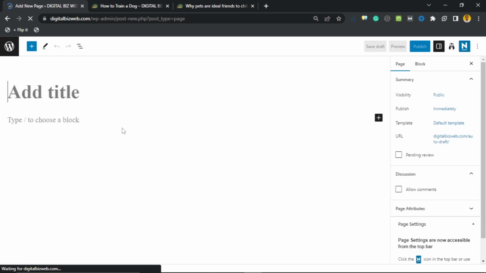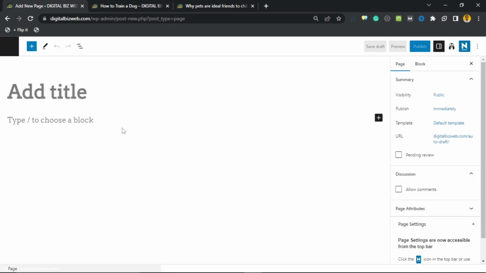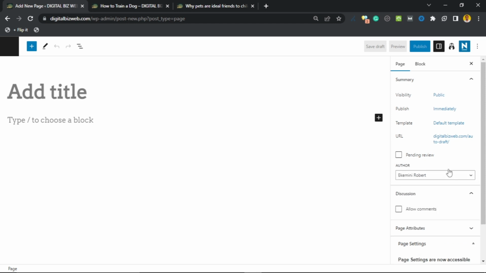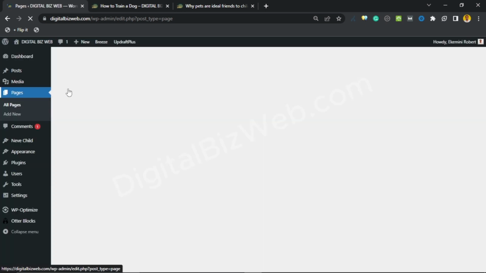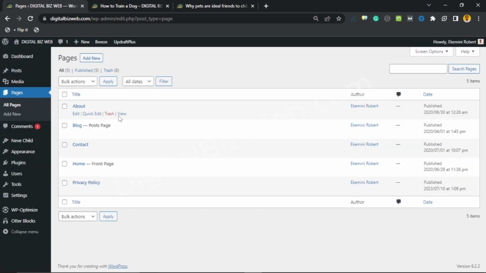And you'll see that there is no real difference between a page and a post. All right, so everything that you have for posts, you also have for pages. So I'll just go ahead and go back. We don't have to make any changes to that, but the difference is that pages are more of these static